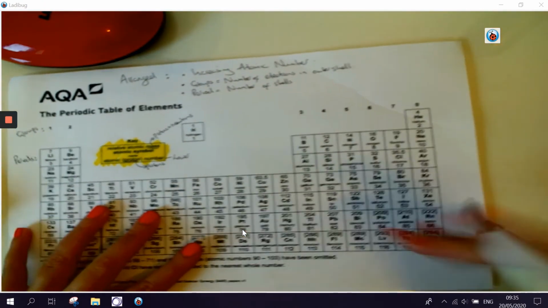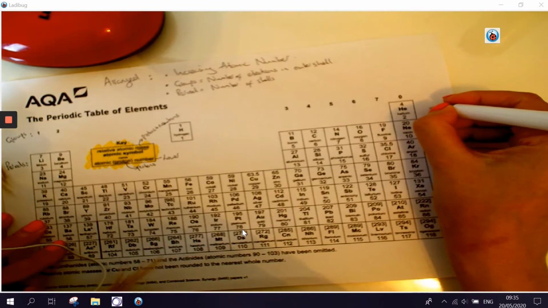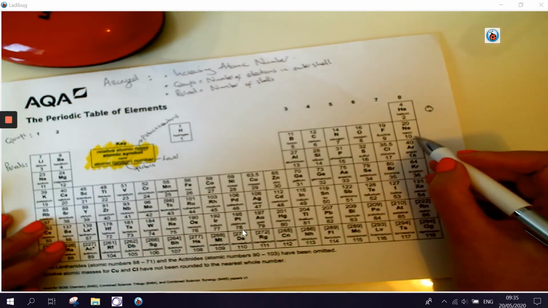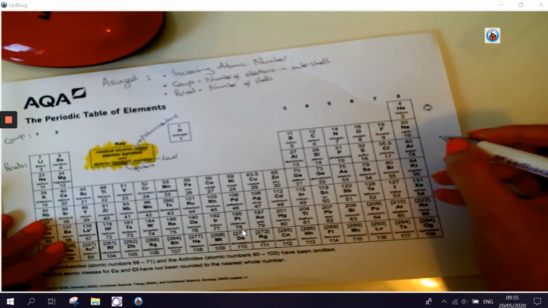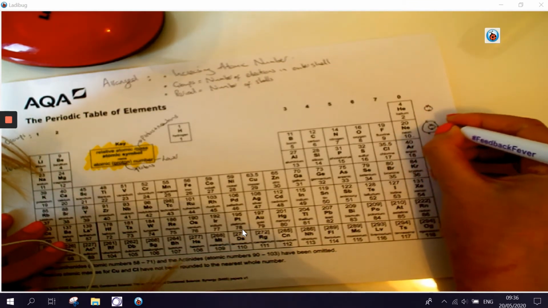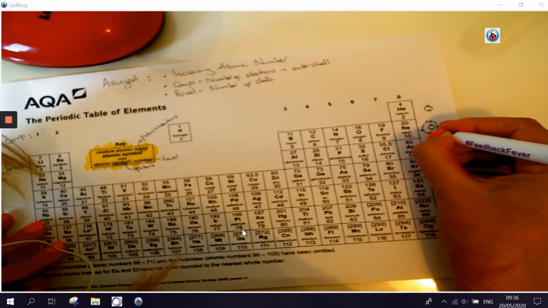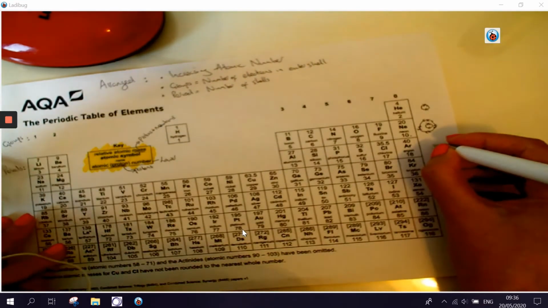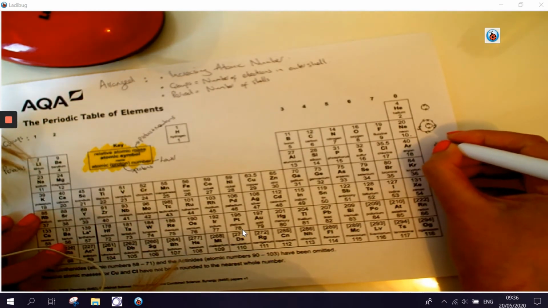So if we looked at helium, helium's got 2 electrons and only 1 shell because it's in the first period. Neon has got 10 electrons, 2 in the first shell, and then 8 in the second shell because it's in the second period. Argon has got 18 electrons, 2,